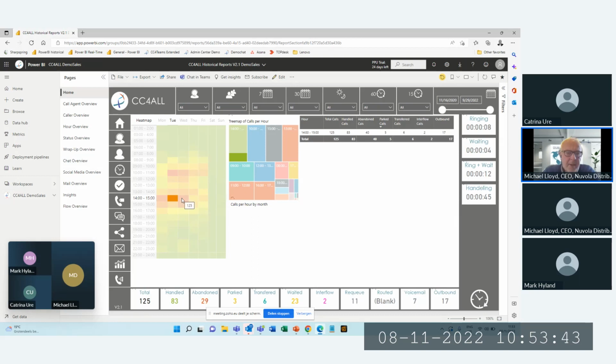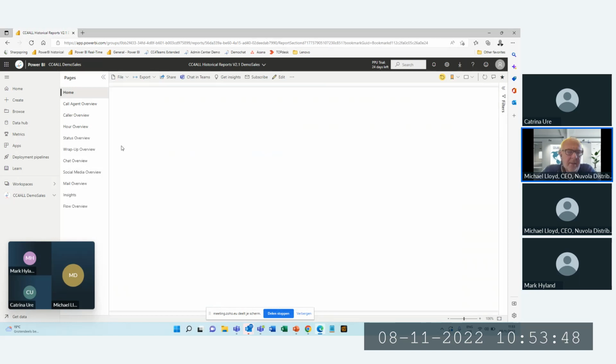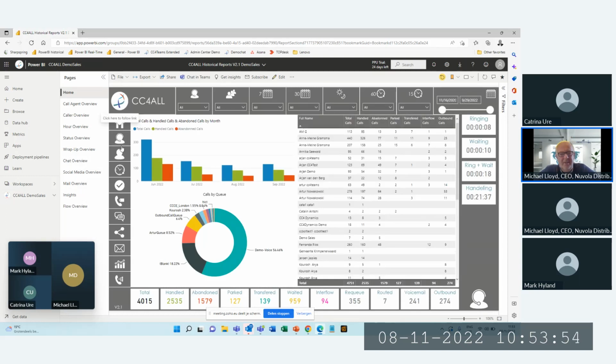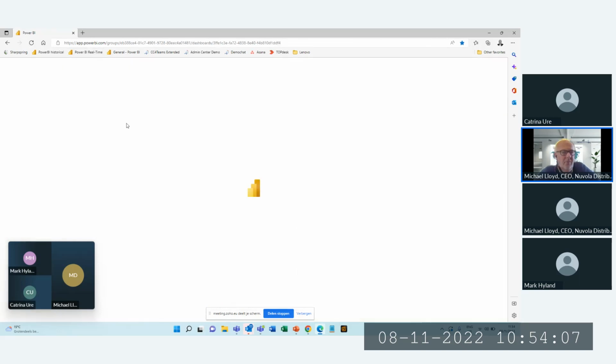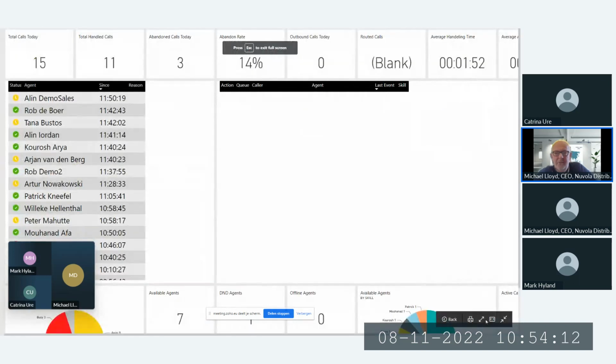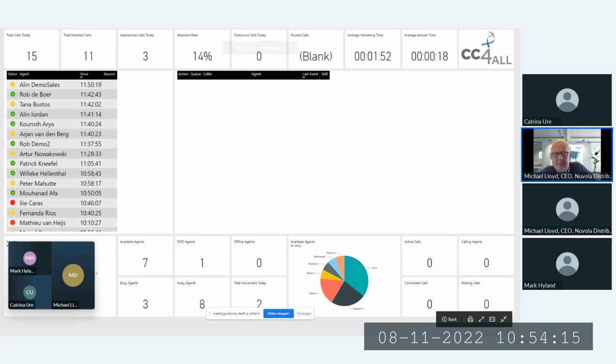Okay, I open it completely again. I can open all these things, but I would say please attend an extra demo, then we can show it in more detail, but I think you understand what I mean. Of course, and that's the last one that I will show today, we also have Power BI integrated with real-time reporting, so that you can see on a wallboard who is active, which calls are coming in,